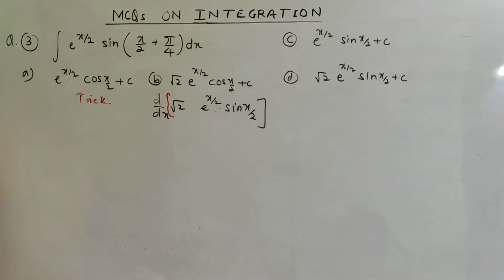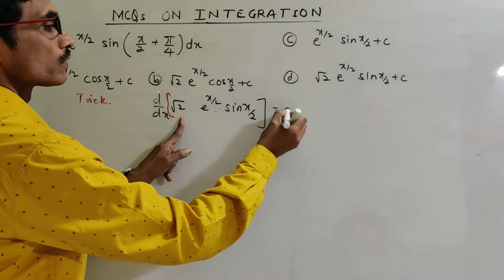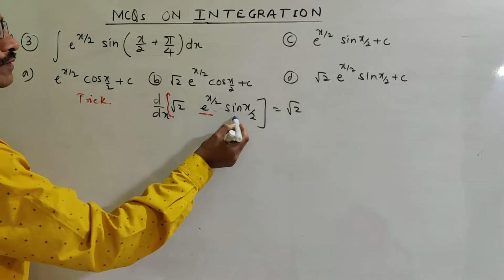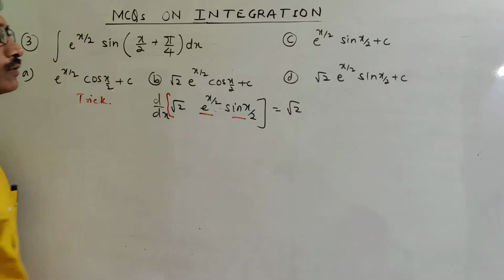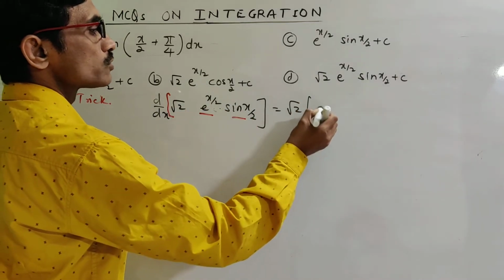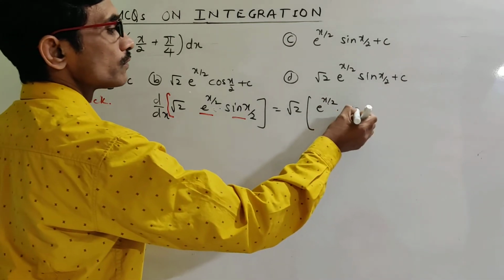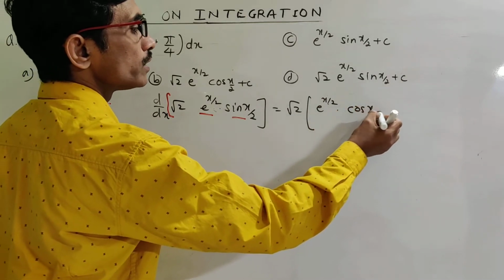Here it is u into v, with root 2 outside. Derivative of this: u times derivative of v gives e raised to power x by 2 into cos x by 2 into 1 by 2,